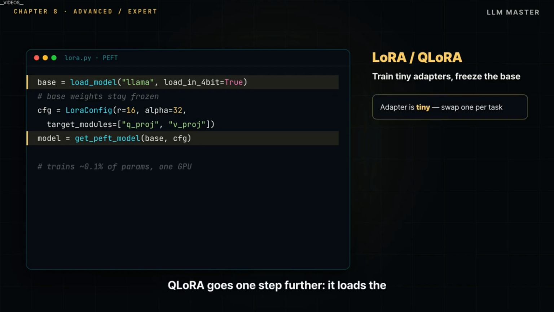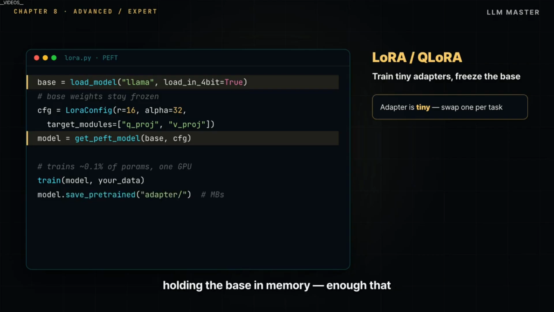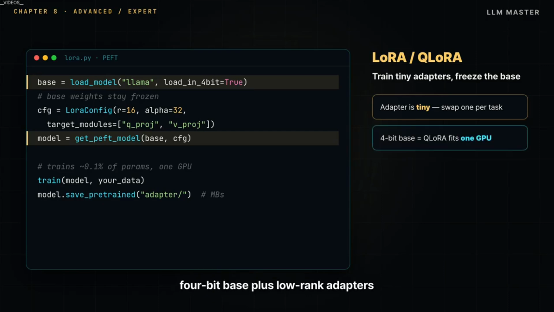QLoRA goes one step further. It loads the frozen base model in 4-bit quantization, then trains LoRA adapters on top. The quantization shrinks the biggest cost, holding the base in memory, enough that fine-tuning a large model fits on a single consumer GPU. That combination, 4-bit base plus low-rank adapters, is why serious fine-tuning stopped requiring a cluster and started